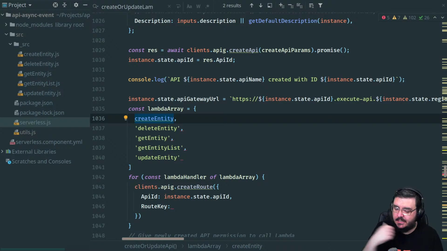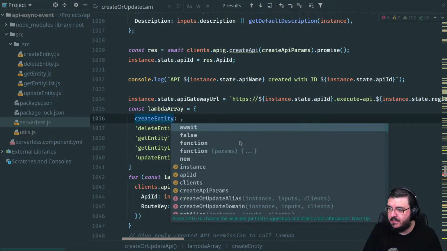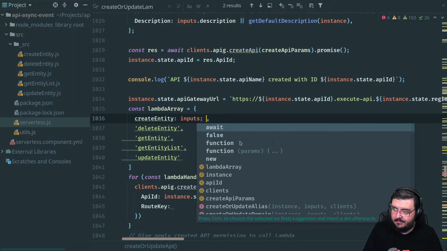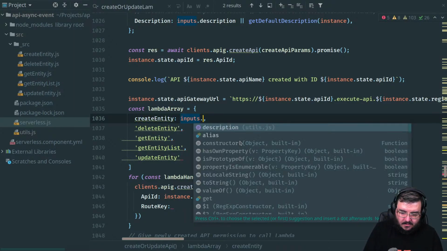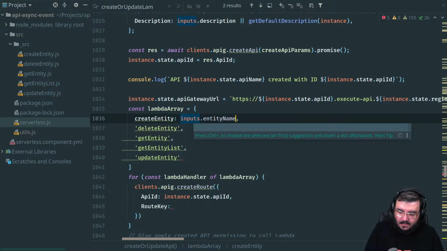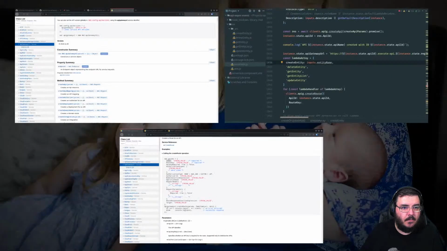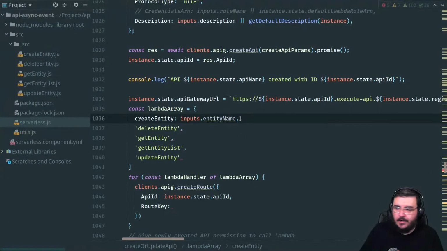I was thinking this through because one of the things we're going to have is inputs.entity.entityName. Like I said, one of the configuration settings that we want for this component is that you choose the name of the entity that you are trying to build an API for, like product, customer, whatever it is. And that means that the root is going to consist of that entity name.